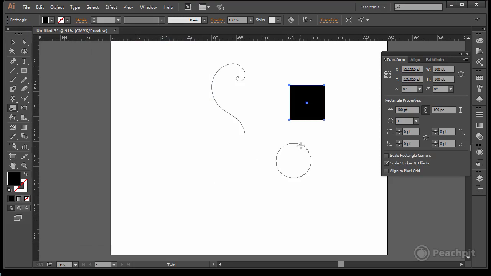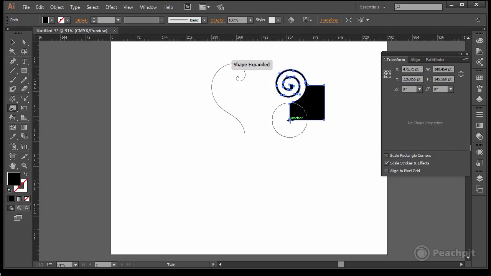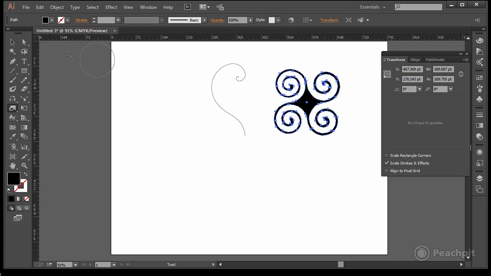Now, if I put this twirl right on the corner anchor point, I'm going to count to 4 and just hold it down. 1, 2, 3, 4. That way I'll get them pretty close to the same. What happens is if my twirl tool is the same size as my original square, then